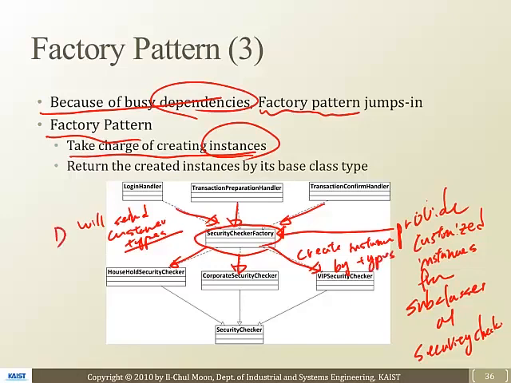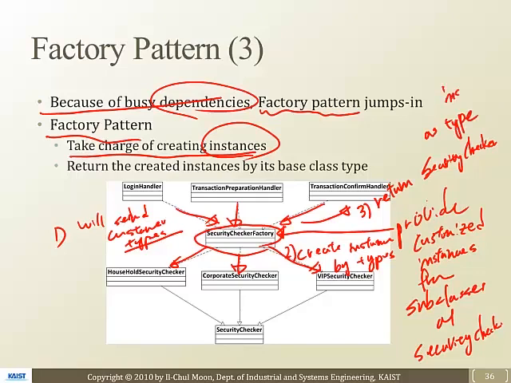So this is 1, this is 2. And then it returns a security checker as type,